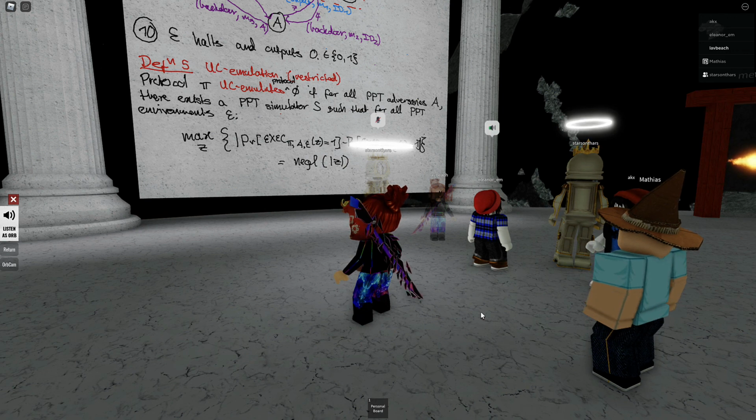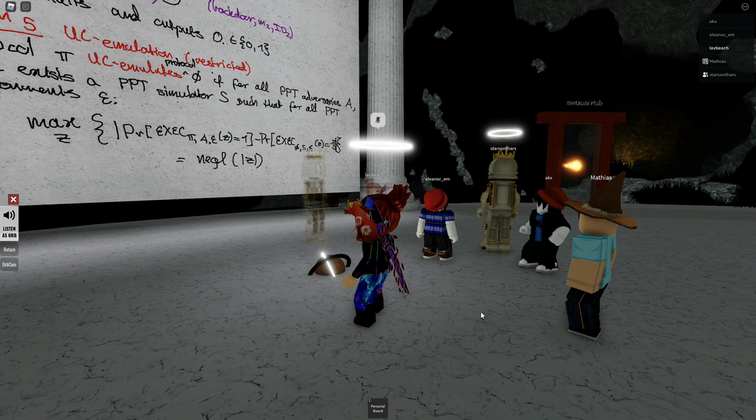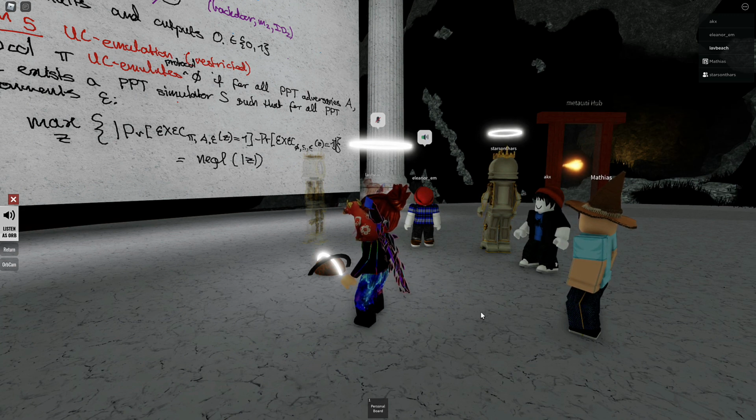Actually, this reminds me of a technicality. Probabilistic polynomial time. Polynomial time in what exactly? That is a subtlety that we will have to be very careful with. It turns out to morally be polynomial in the length of the initial input, but it will get a little bit subtle when we get to that. That's a good scary note to end on. A cautionary tale, because defining polynomial timeness for interactive protocols is very, very difficult.